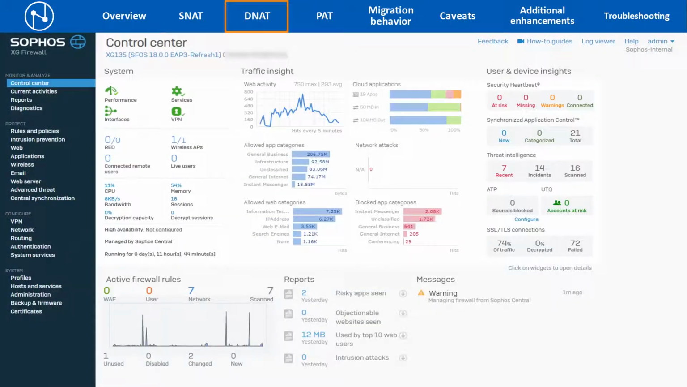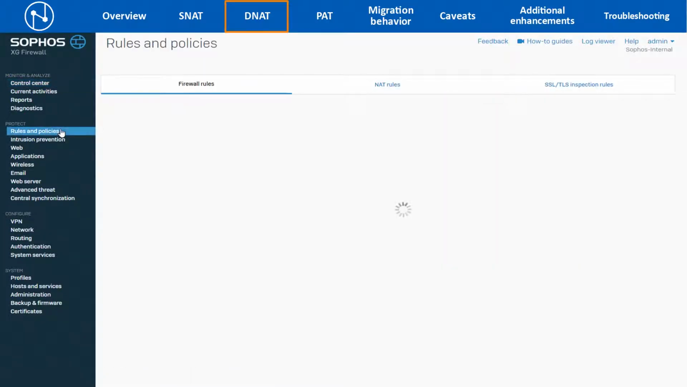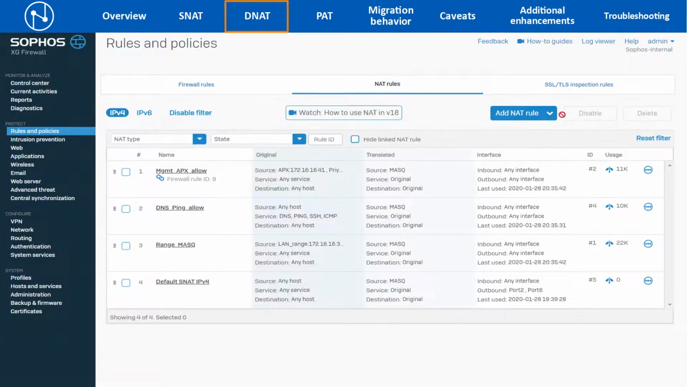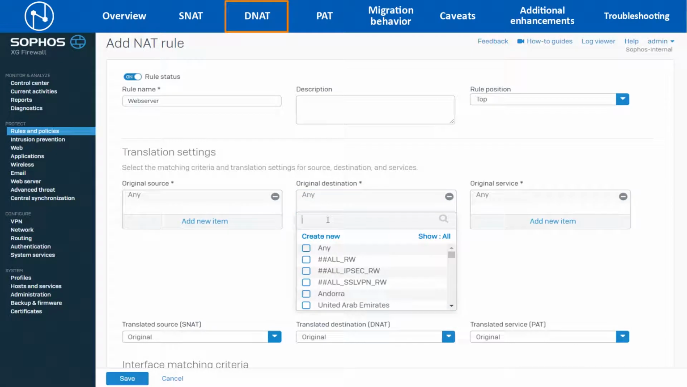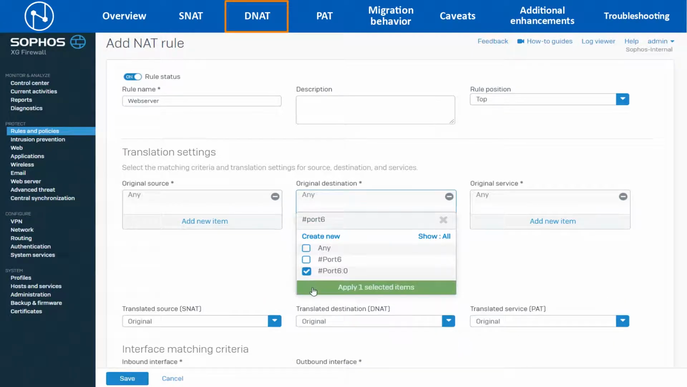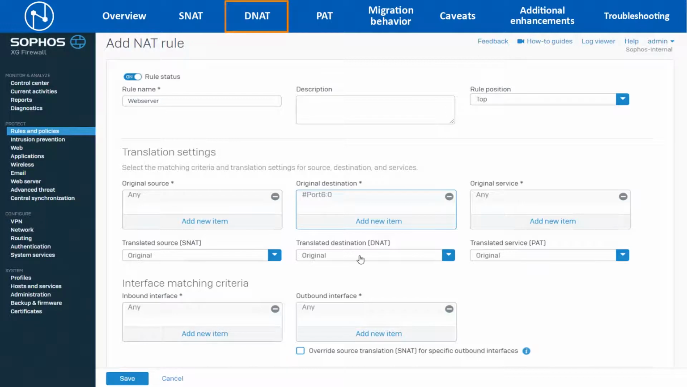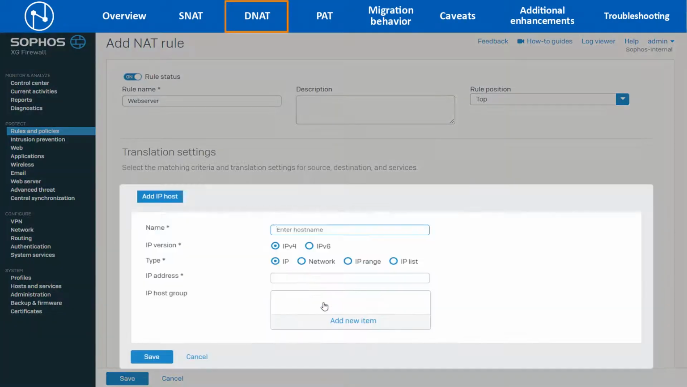For the DNAT rule, navigate to Protect, Rules and Policies, and then click on the NAT Rules tab. Now select the Add NAT Rule button before giving the NAT rule an appropriate name, and specify the rule position. In this example, we do not intend to source NAT the traffic. Therefore, we will keep the original source as any and translated source as original. For the original destination, we will select the alias interface, and then we will create a new IP host object having the list of web server IP addresses